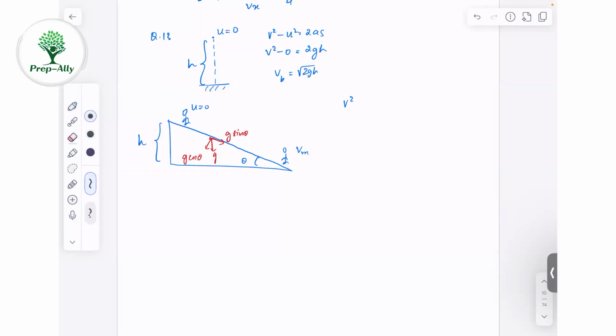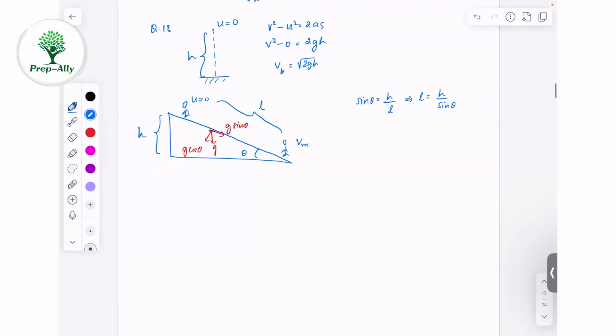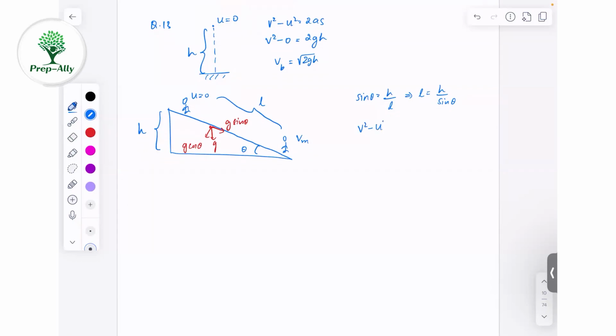Let us also, before we do that, say that the length covered on the incline is some L. Then sine theta is h by L, which implies L is h by sine theta. So we are saying that this length through which the man falls along the incline is L. Okay. Then let's apply v square minus u square is 2as, but we're applying this equation now along the inclined